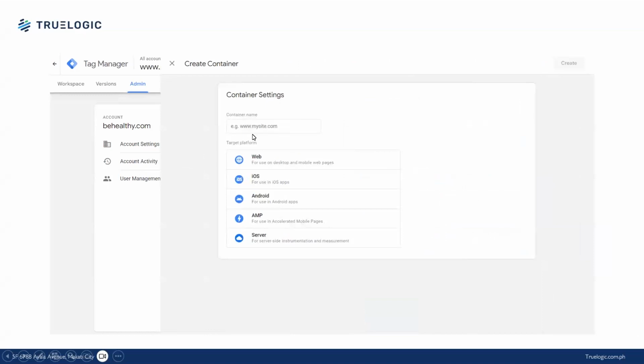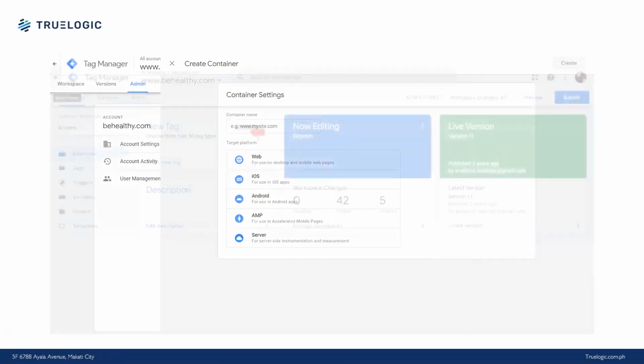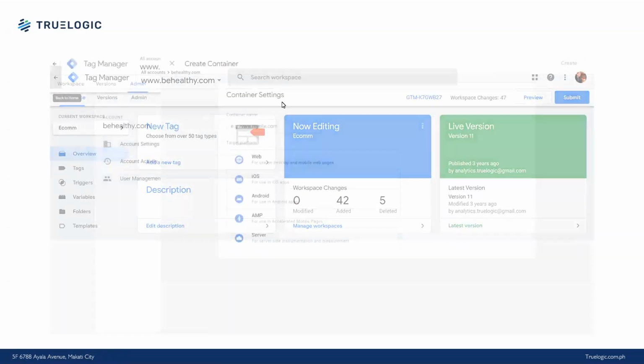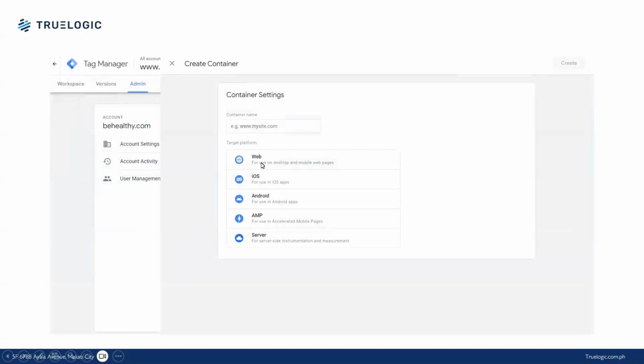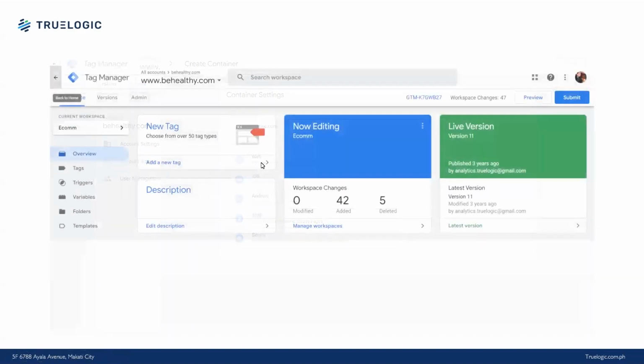When I click that plus, it will then ask me, okay, so you're trying to build a container. What kind of data are you trying to capture? What kind of data are you trying to throw into Analytics 4, right? And see here, what I'm going to do is I'm going to pick web data, right? I'm just going to pick web, and then I'll put in the website that I want to put in. So once I do that,